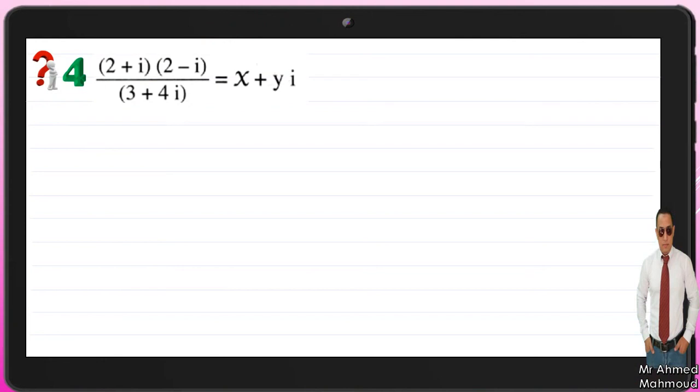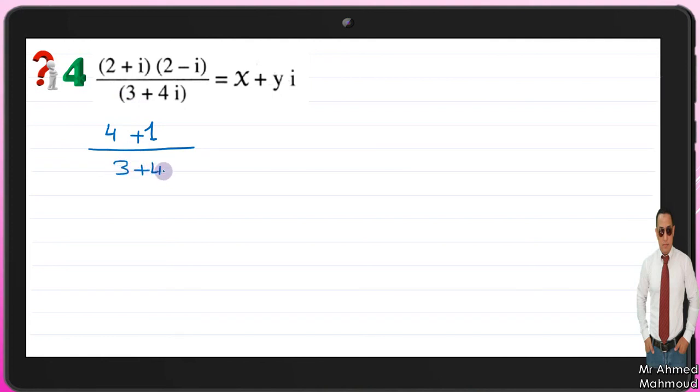Okay, 2 plus i times 2 minus i over 3 plus 4i equals x plus yi. Now I'm going to simplify the left side here. 2 times 2 equals 4. i times negative i equals negative i power of 2. I power of 2 changes sign, it will be plus 1, over